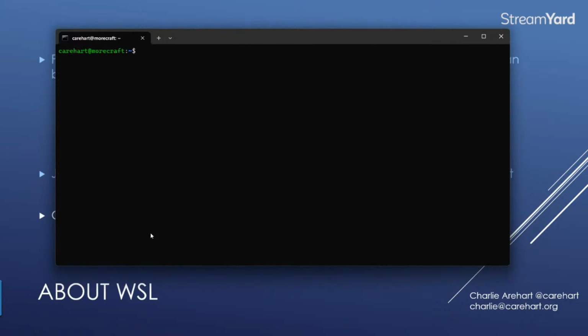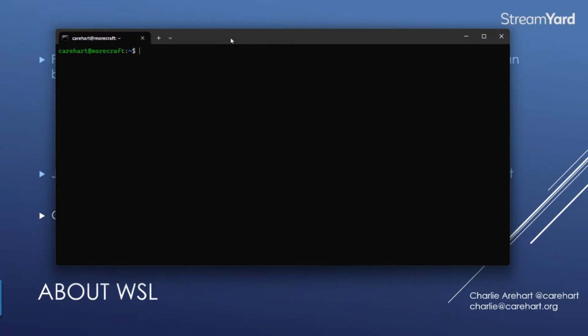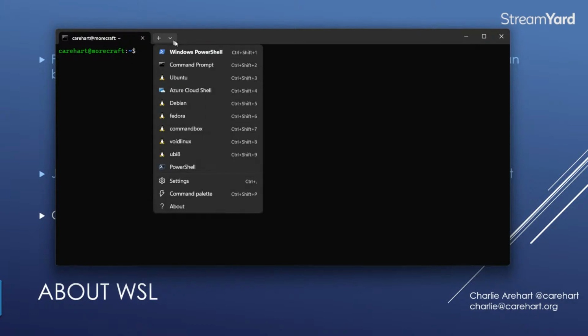So now that I'm in this Linux implementation that's on my Windows box, see, it's my Windows command line. And if you use terminal, this is terminal. If you use the Windows terminal, which is a kind of more evolved command line feature of Windows, I can